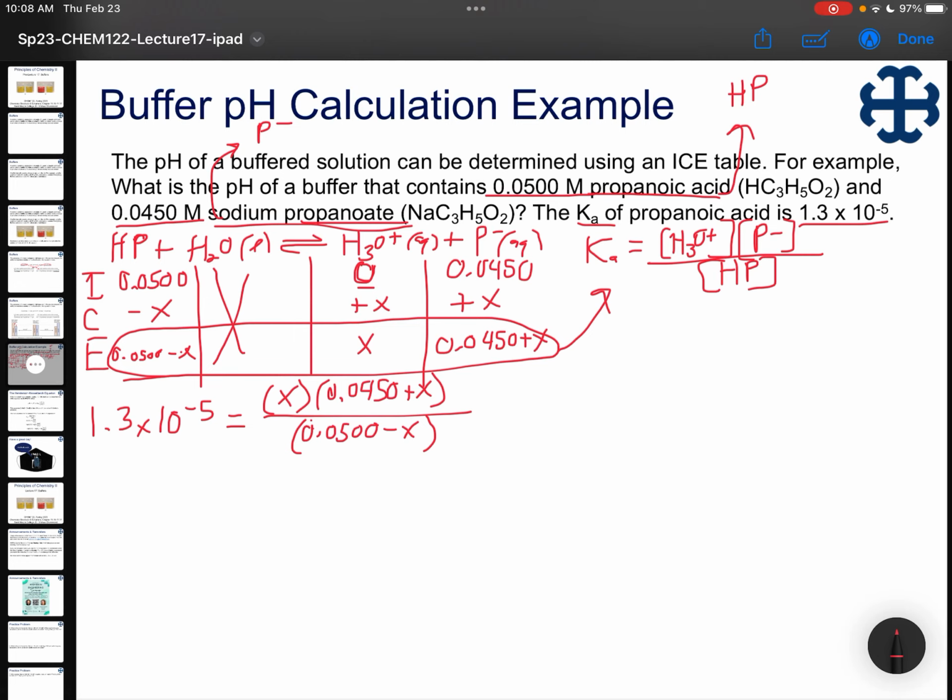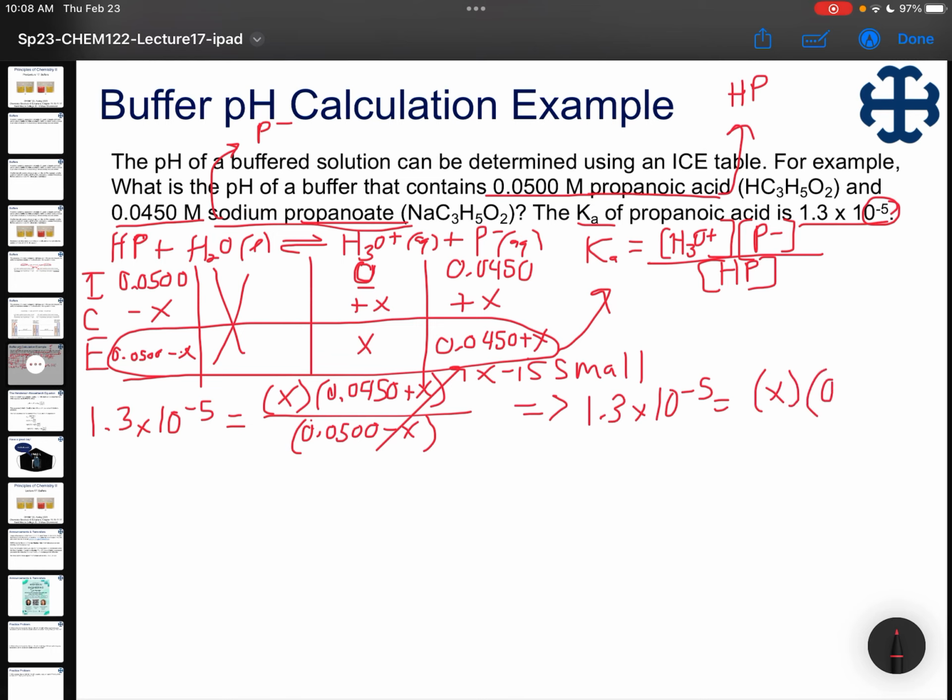But we can make a simplifying assumption. If we look at our Ka value, our exponent is smaller than times 10 to the negative 4th. And so we should be able to actually cross out 2 x's this time with our x is small approximation. And just a reminder, we're able to do that because whatever x is, it's going to be relatively small compared to our initial concentration values. And so that simplifies things quite a bit to 1.3 times 10 to the negative 5th being equal to x